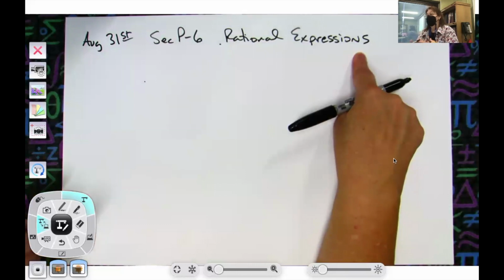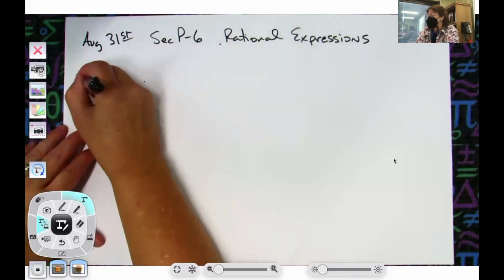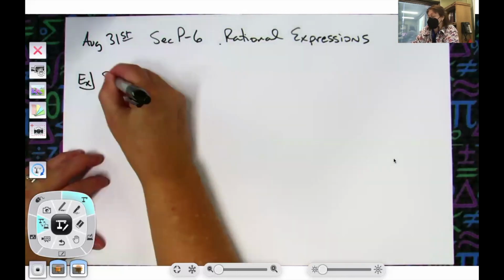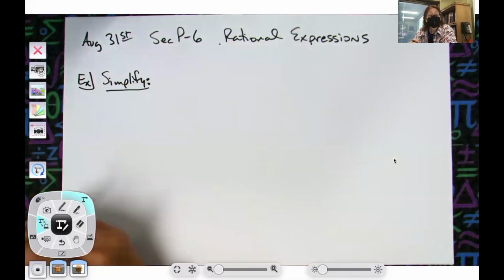So every concept, you would have learned how to simplify them and then multiply them and then divide them and add them and subtract them. And each one of those would have been one day. All right, what we're going to do is briefly go over all of that in one shot here. Okay, so to begin with, they're going to expect you to be able to simplify some